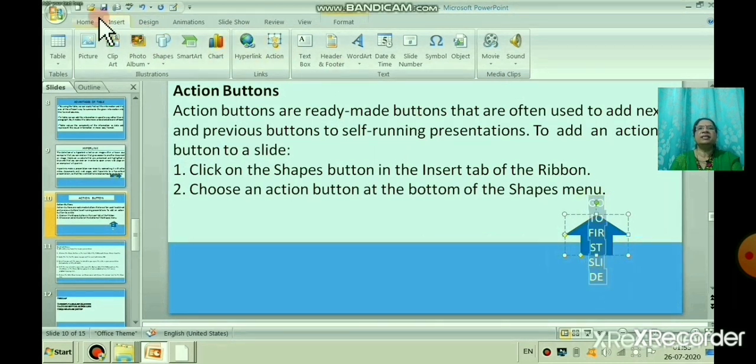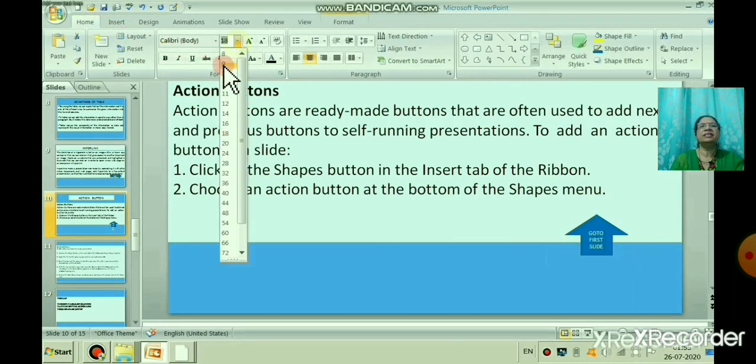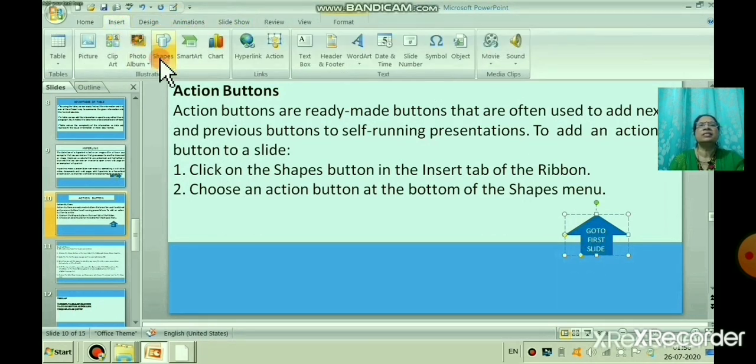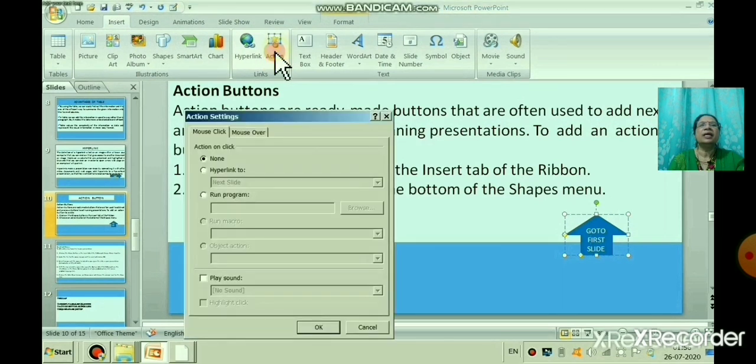I will select here, listen children, you will change the font size small. Insert and action button, not mouse click, mouse over. Just mouse over.